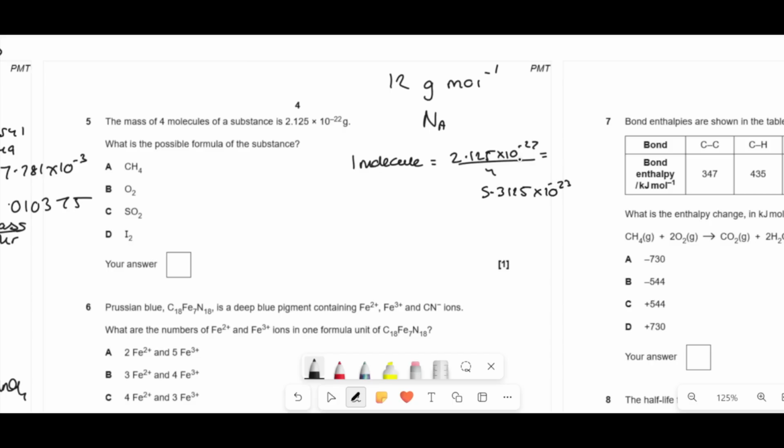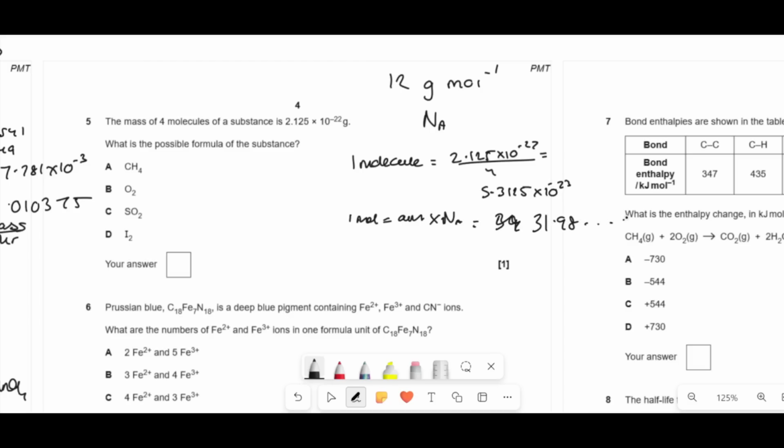But remember, the periodic tables are all in grams per mole. So that's grams per molecule. 1 mole is going to be 6.02 times 10 to the 23 molecules. So in that case, we're going to times that by Avogadro's number. So 1 mole of it is going to be your answer times Avogadro's number. So if we do that, it gets 6.02 times 10 to the 23. It gives you